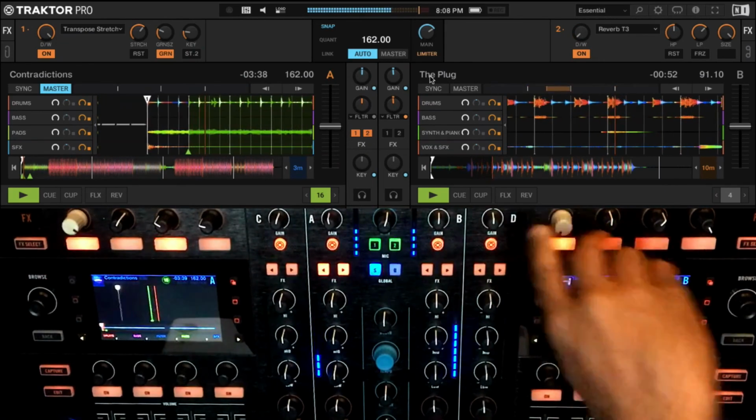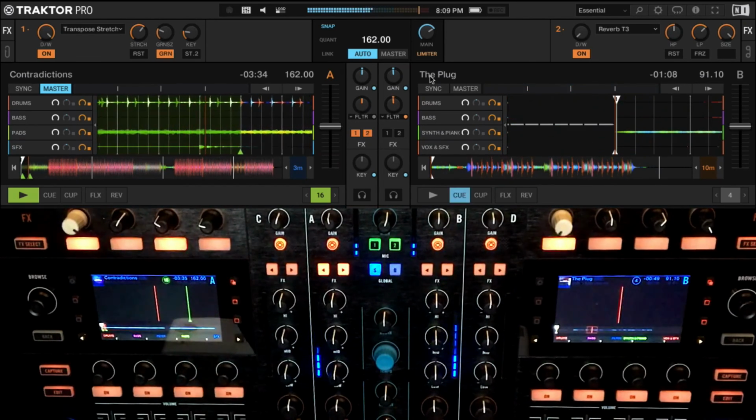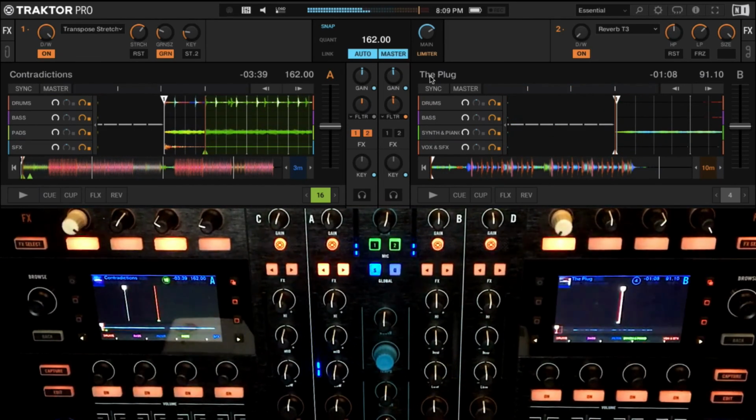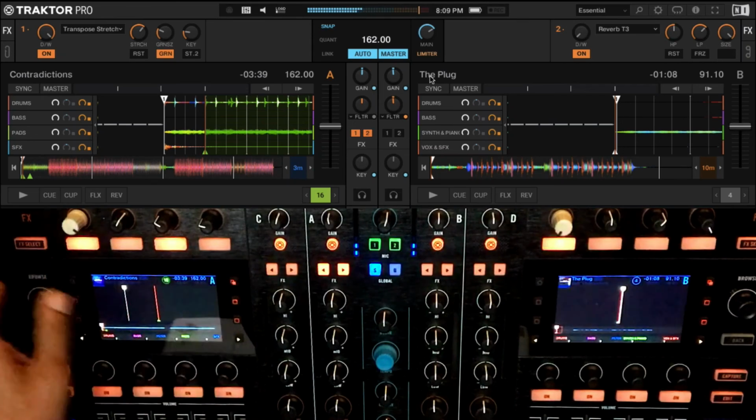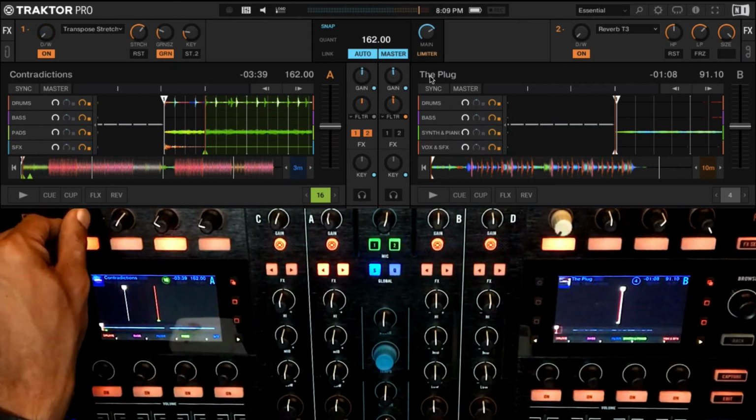So I could do cool stuff like that. You know, that's when I would use these extreme effects. Otherwise, I would not really go into any of these super extreme effects. Does that answer the question? Yeah. Awesome. See, this thing is still going on, the transpose stretch, by the way, which I need to turn